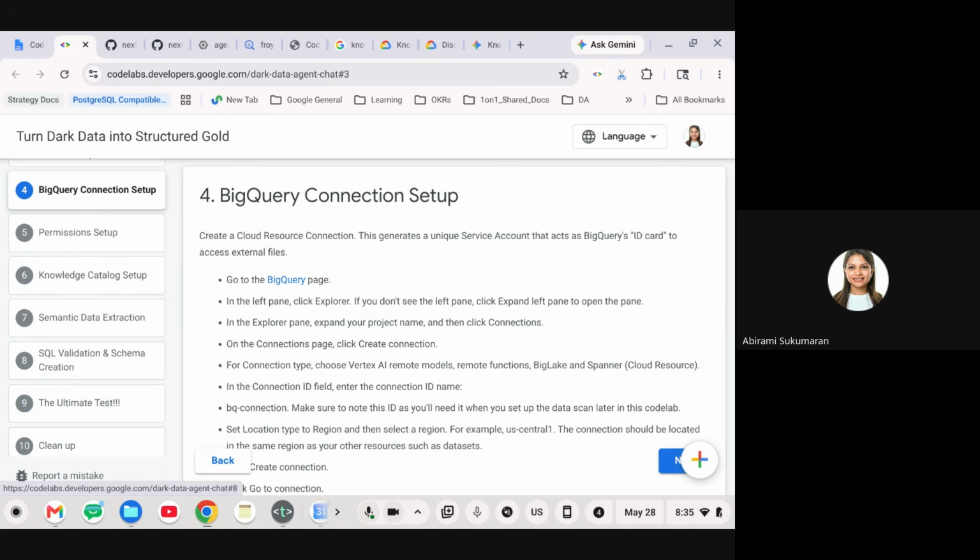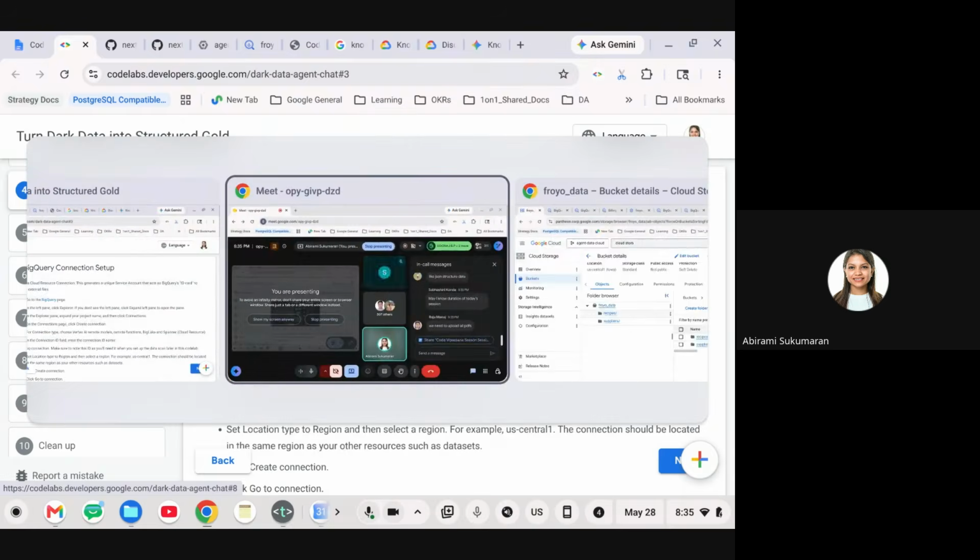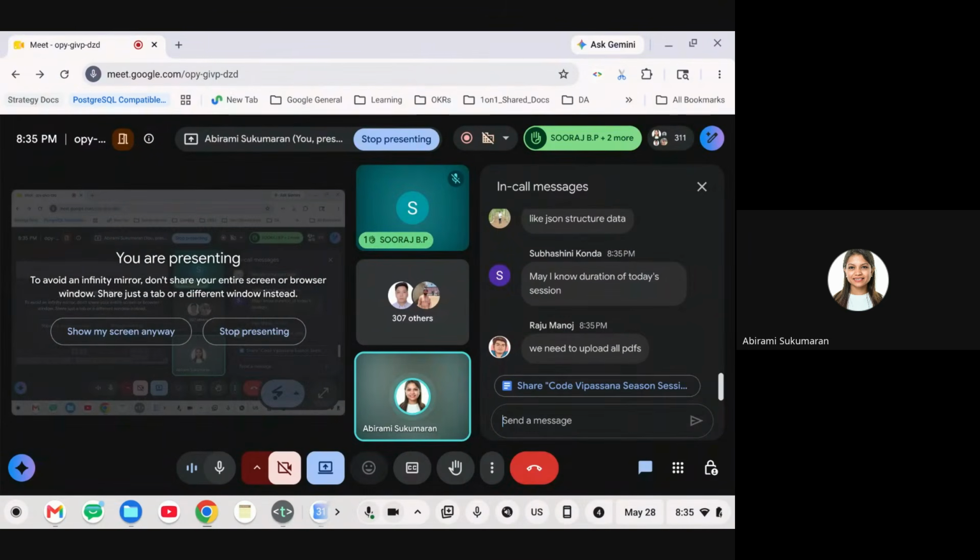All right, so coming back to the context in hand, why is the BigQuery connection needed? Now we need BigQuery to talk to three things. One is, of course, cloud storage, because that's where we have all our PDFs. We need BigQuery to talk to what we used to call Vertex AI. Now it's called, what is it called? Can someone tell me? The name has changed. Ping me on chat.